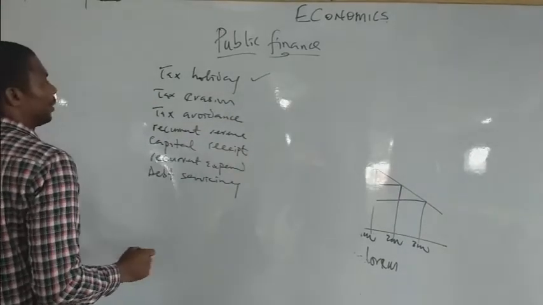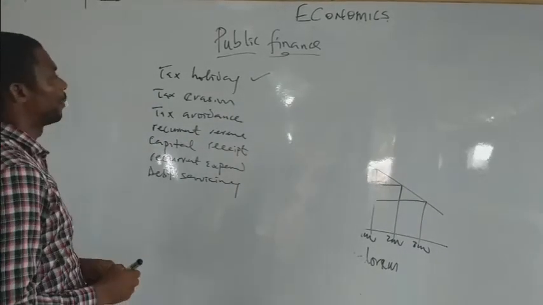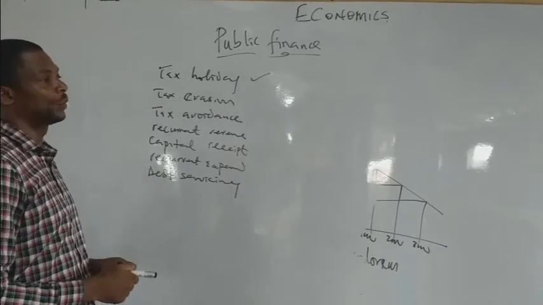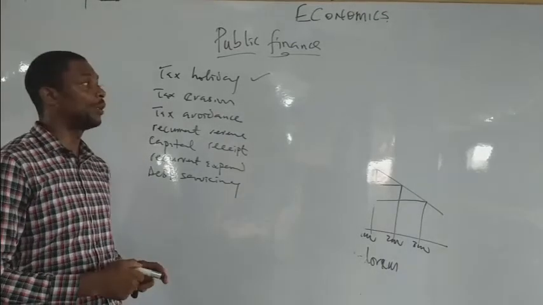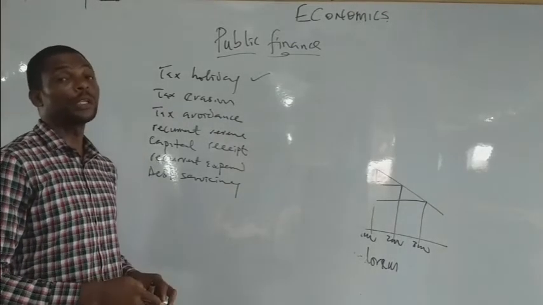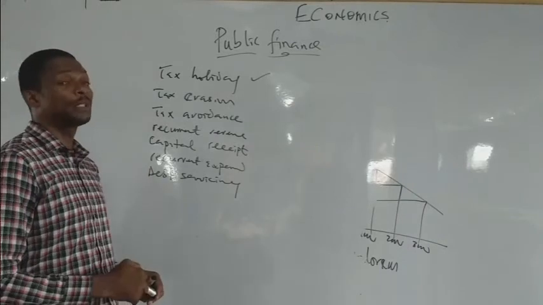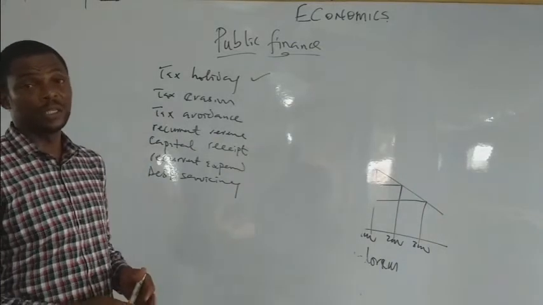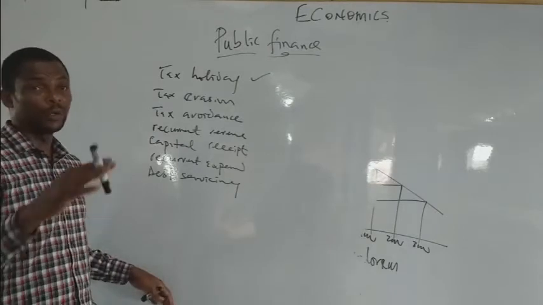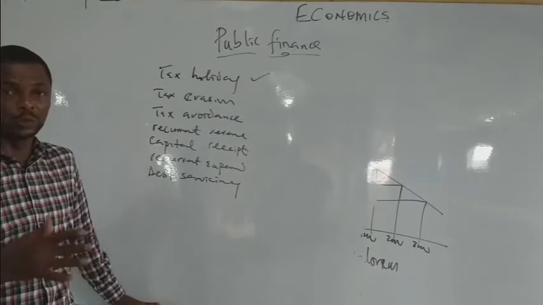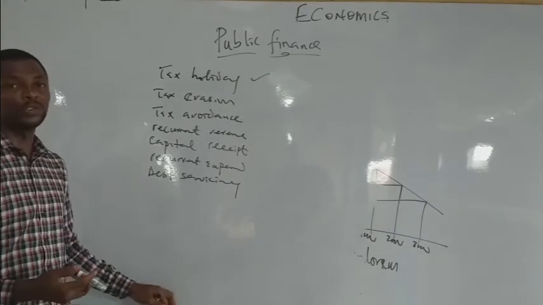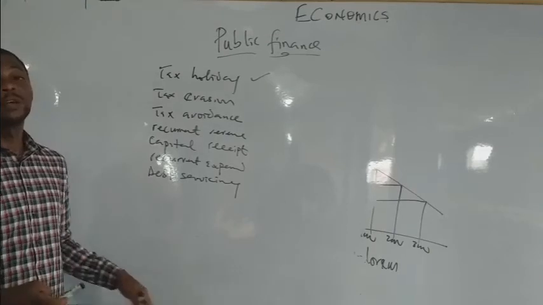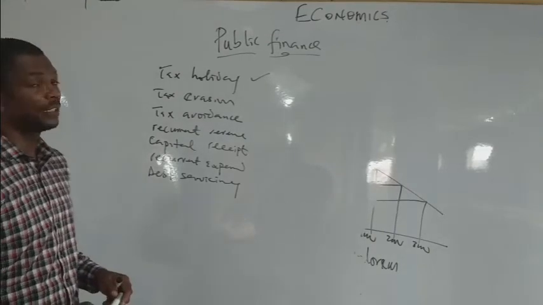Now when you say tax holiday, there is some concession that government gives to you for starting a company, and government will not tell you to pay a certain amount because you just started a company. Such kind of tax relief is known as a tax holiday. A concession given by the government to a newly established industry is called what? Tax holiday.